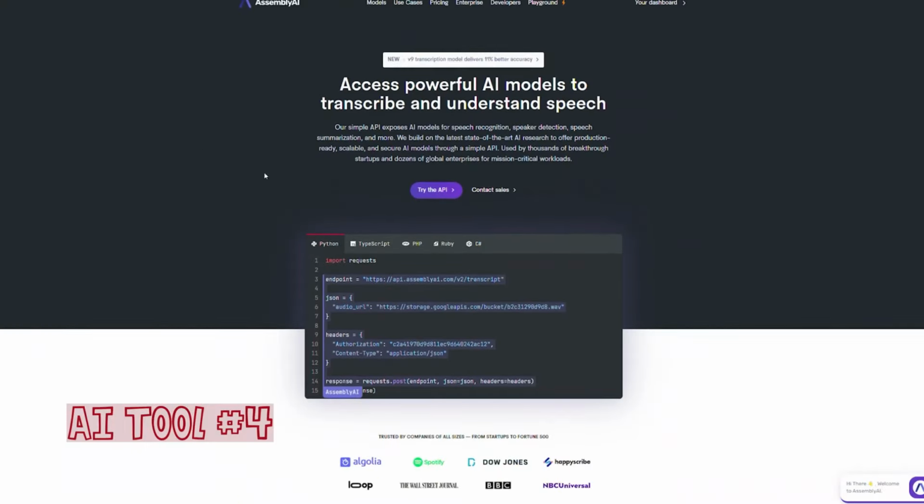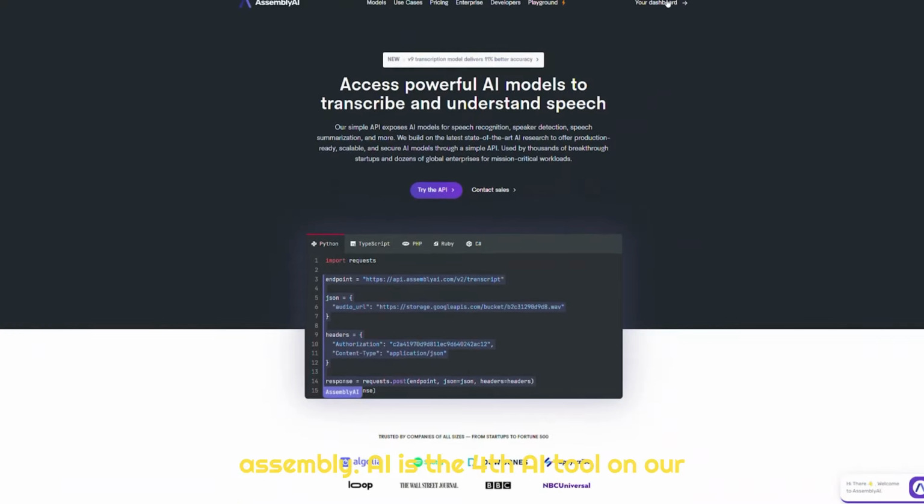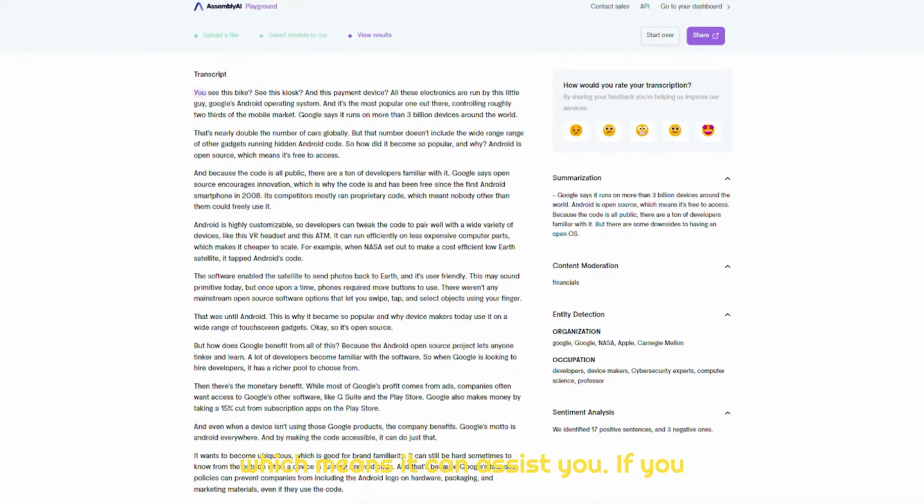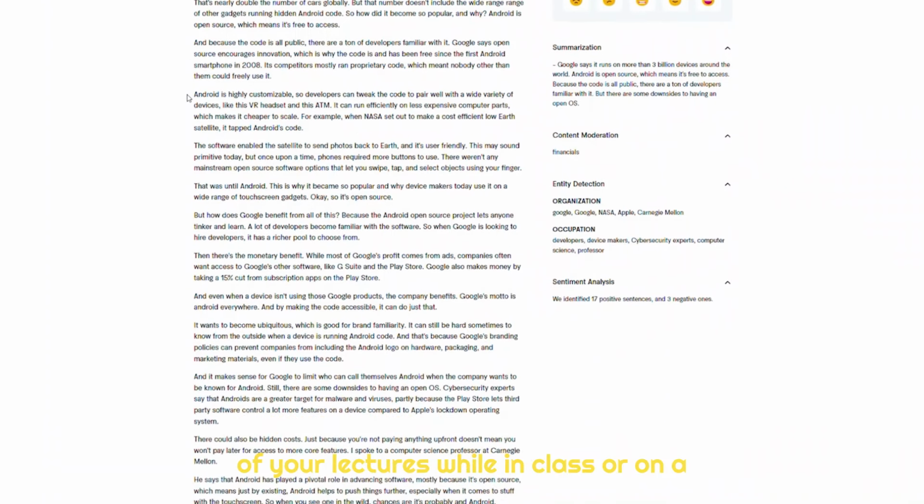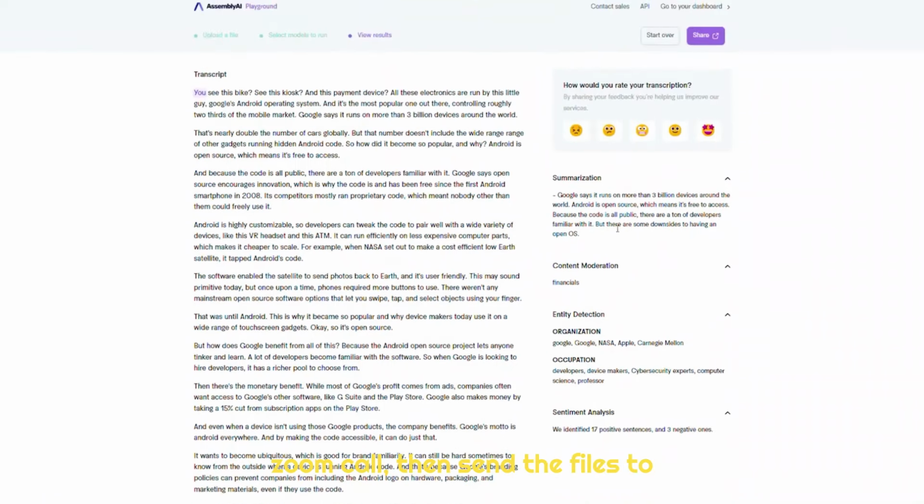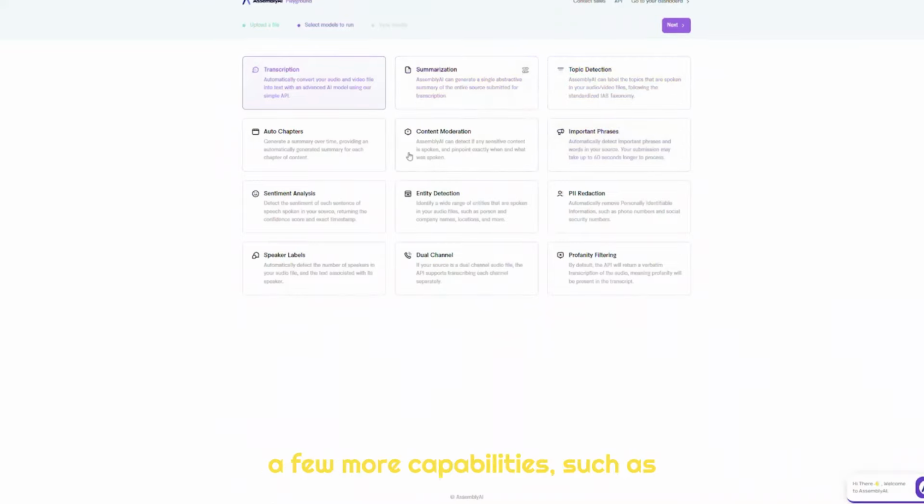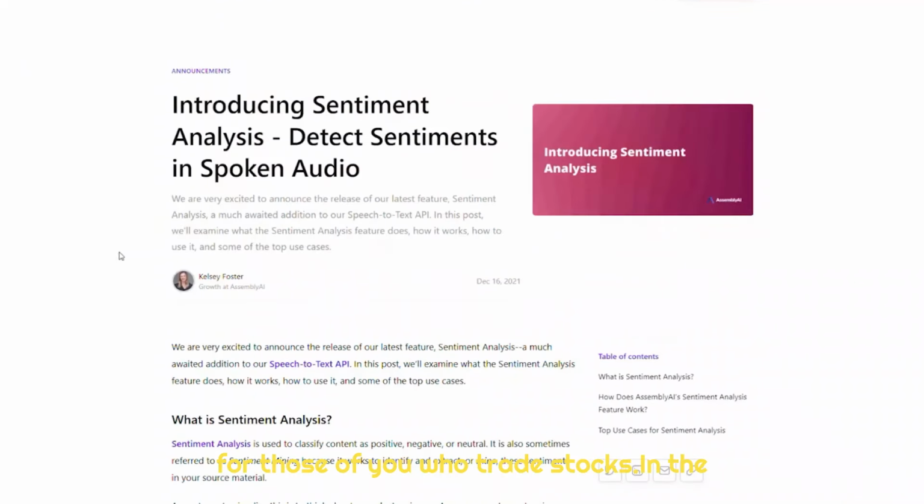Number 4. Assembly AI is the 4th AI tool on our list today. This is an AI that specializes in transcription of audio files. Not only that, but it can summarize the substance of the audio, which means it can assist you if you are a student. You can capture the audio of your lectures while in class or on a Zoom call, then send the files to Assembly, which will transcribe everything for you. This allows you to relax and concentrate better on what is in front of you in class. Assembly offers a few more capabilities, such as sentiment analysis, which can be useful for those of you who trade